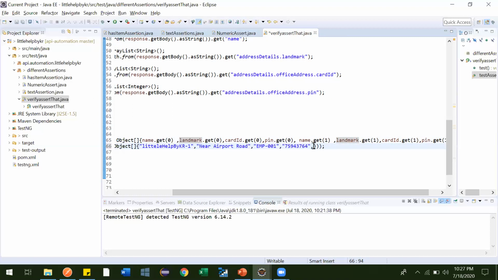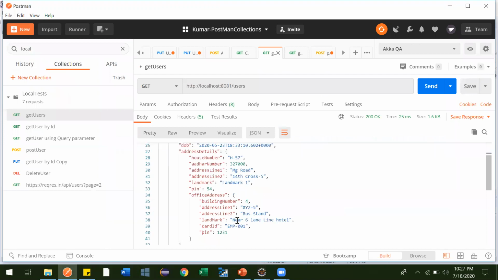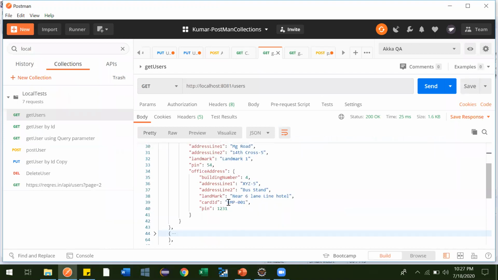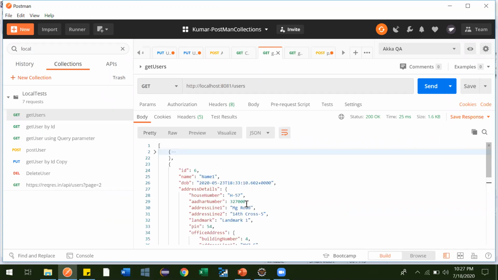Likewise, how we added the above, give one comma and give your name, so name one. And what is the landmark? Landmark one. This is what our expectation is, right? And the second one's employee ID is also EMP001.